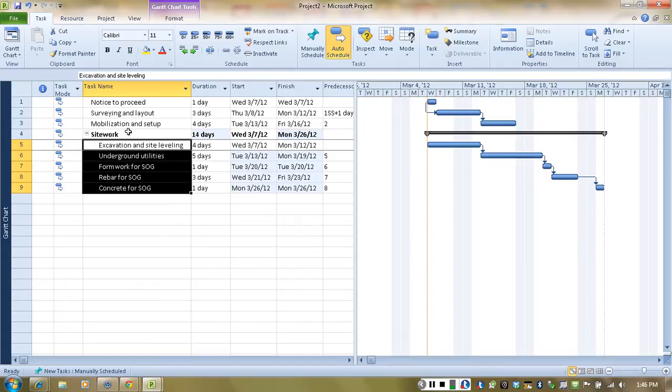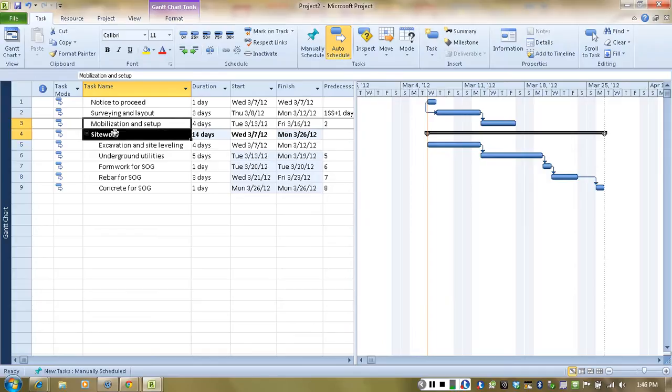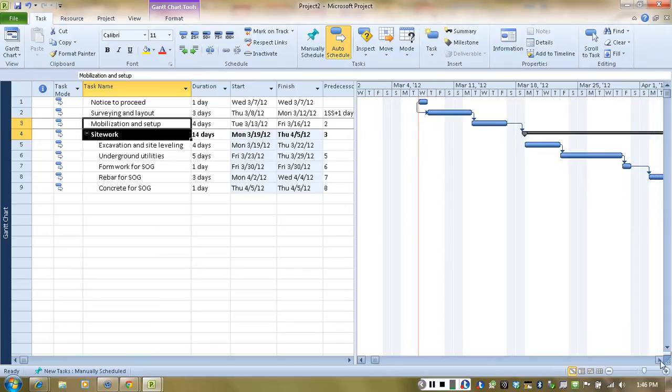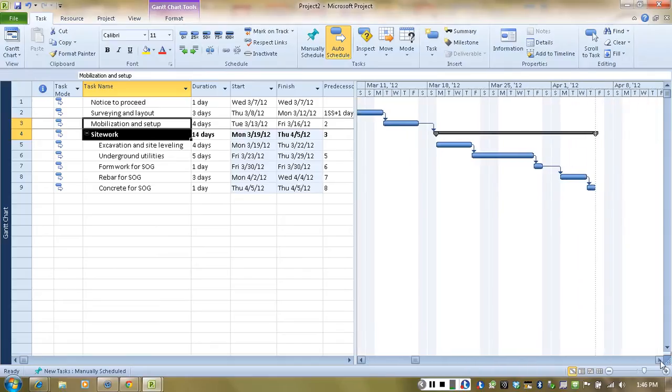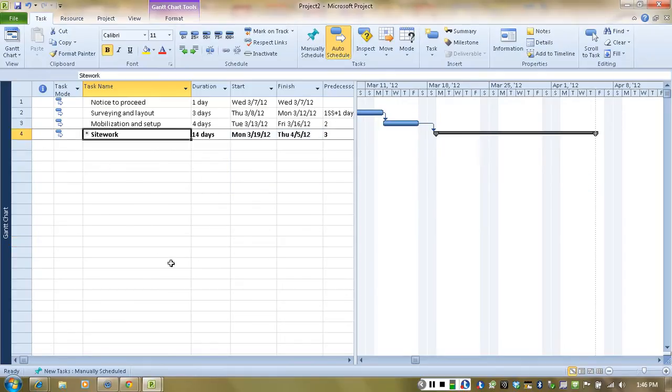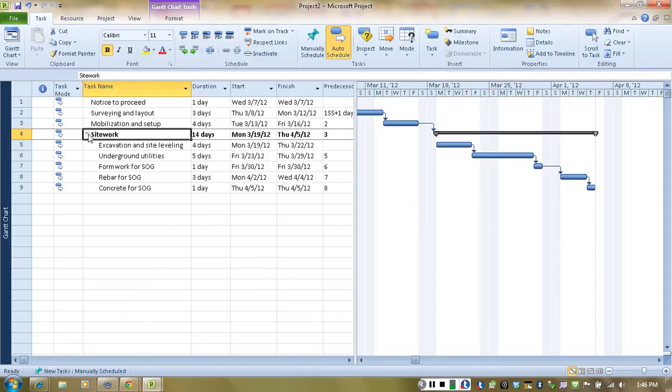And now I can link mobilization and setup to site work. And there you have the activities have been properly indented. I can collapse these activities to show only one activity for site work, like that. So now all the site work has been summarized into one activity, and I can expand it to show all